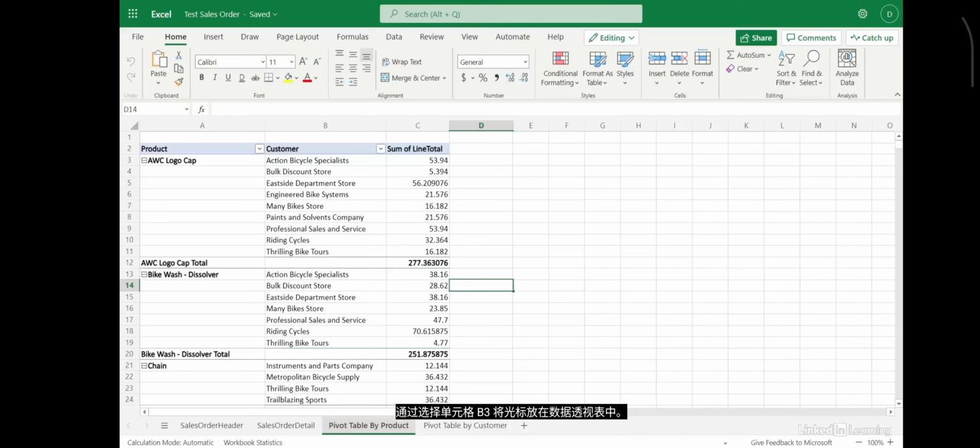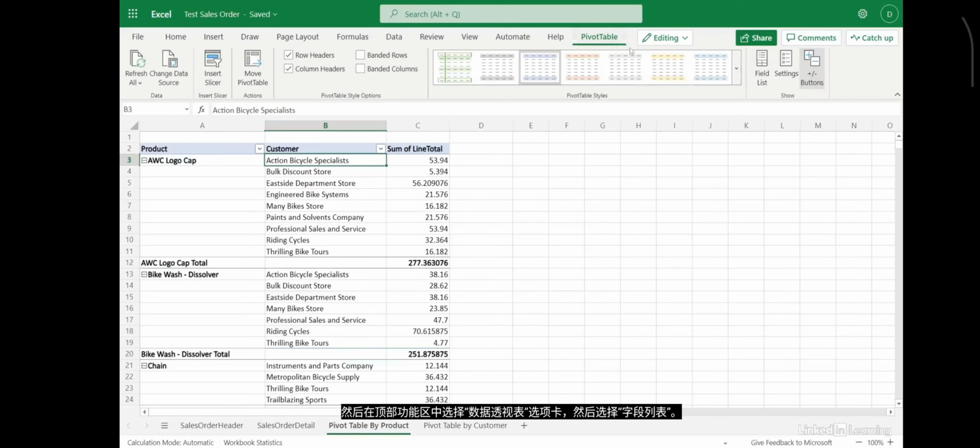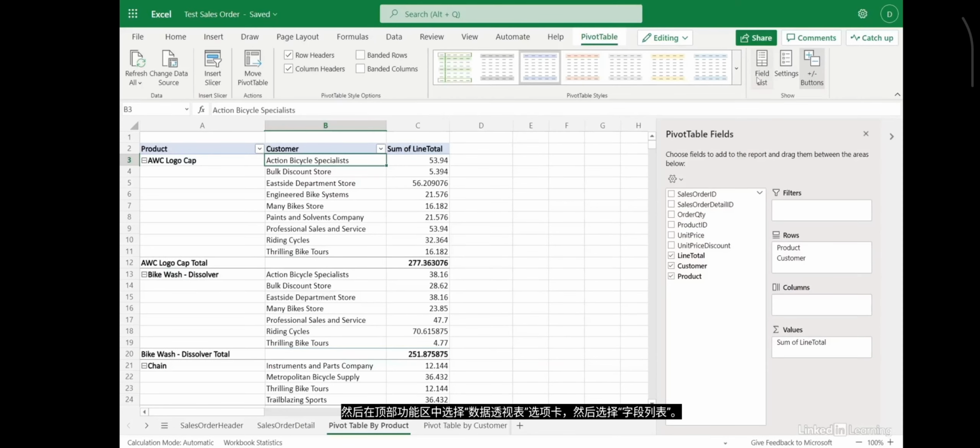Place your cursor inside the pivot table by selecting cell B3. Then, in the top ribbon, select the Pivot Table tab, then select Field List. In the Pivot Table Fields panel, you can see the two columns selected under rows, Product and Customer. This corresponds to the two columns in A and B on the left. There is also a column in Values, Sum of Line Total, which corresponds to column C and aggregates customer, product,